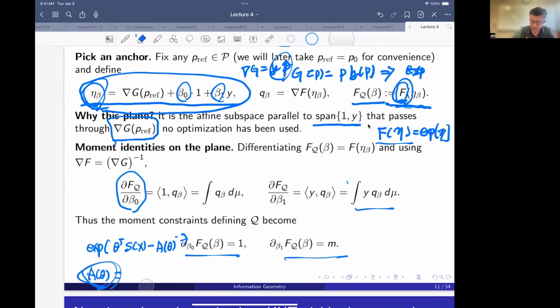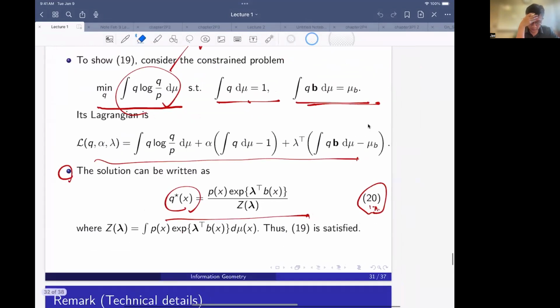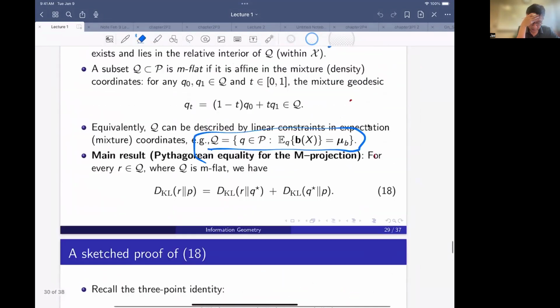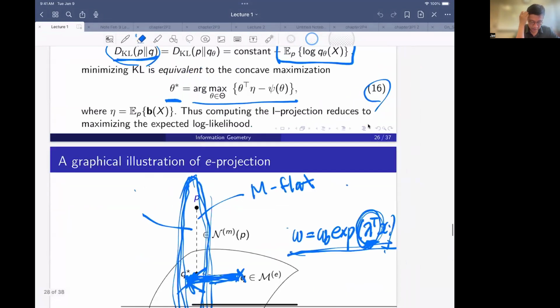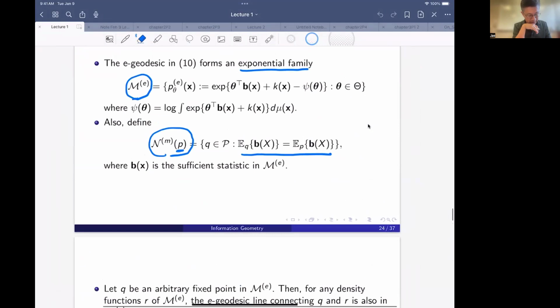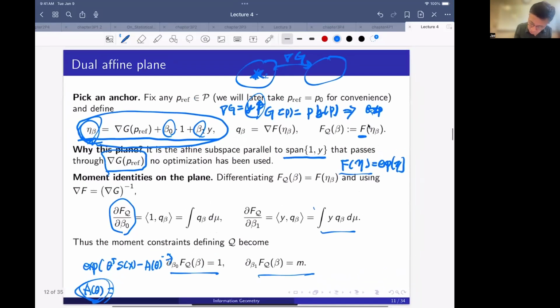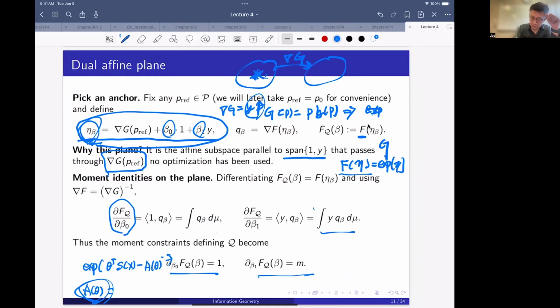No. We have an integration. Let's try to, I think that is what we are going to do. Let's see. So basically this F is a convex conjugate function of G, right? The convex conjugate function of G, and then we call this F_G of beta. So we can view it as a function of beta. And then if you differentiate it,